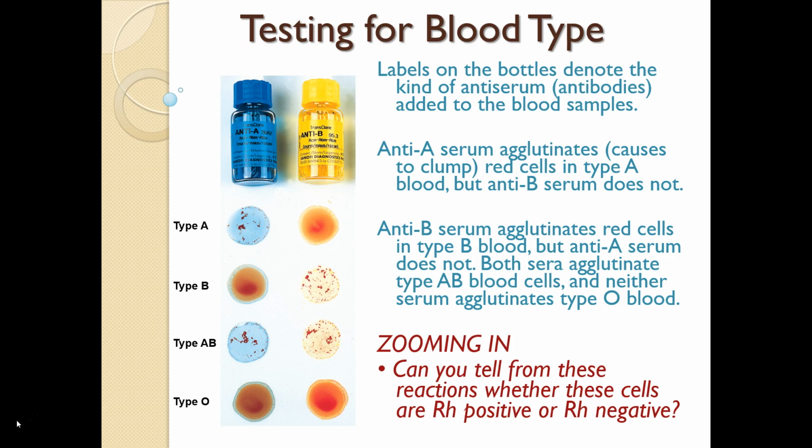So type B, just the opposite. Antibody B would cause clumping. Type AB, they would be clumping in both, right? Because they have A antigen as well as B antigen. And in type O, you wouldn't expect any reaction at all. Okay? So hopefully we'll be able to do that lab. I don't know if we're going to be able to, usually I'll let students check their own,